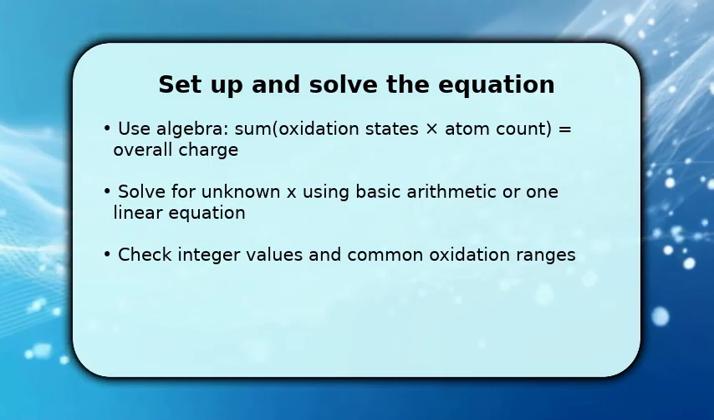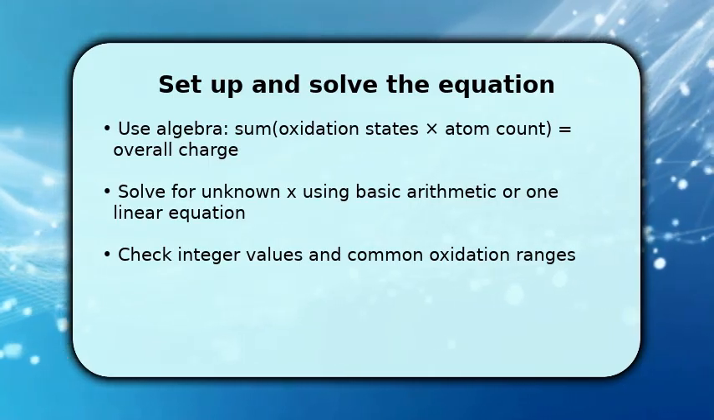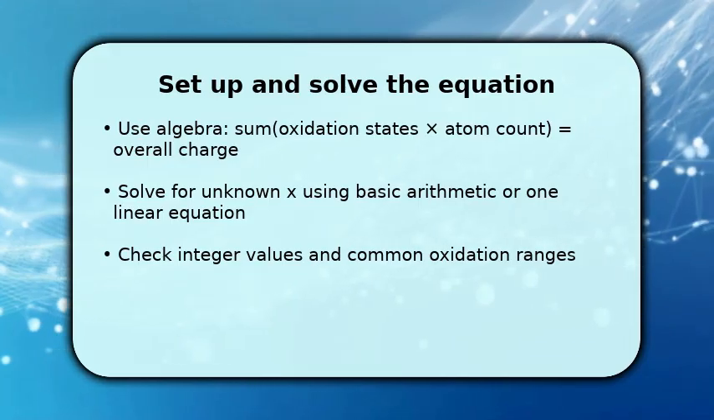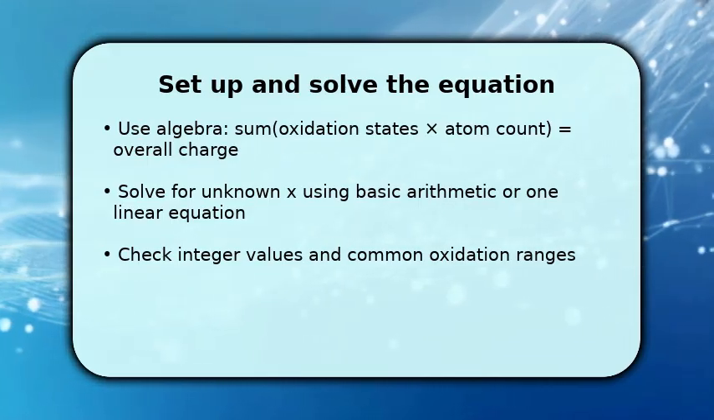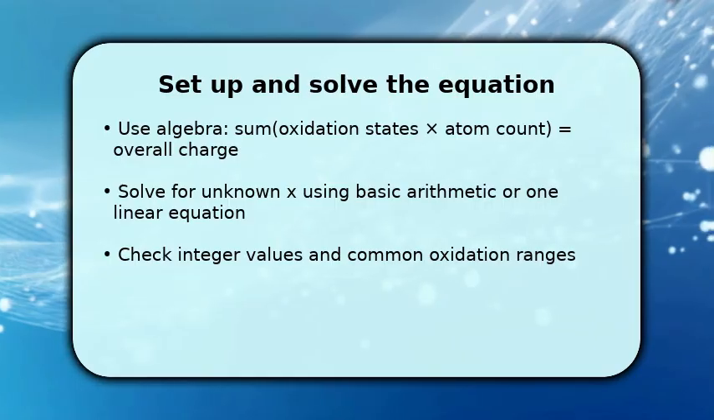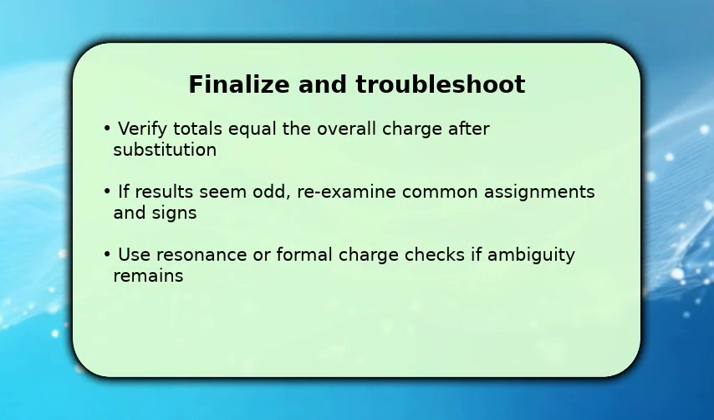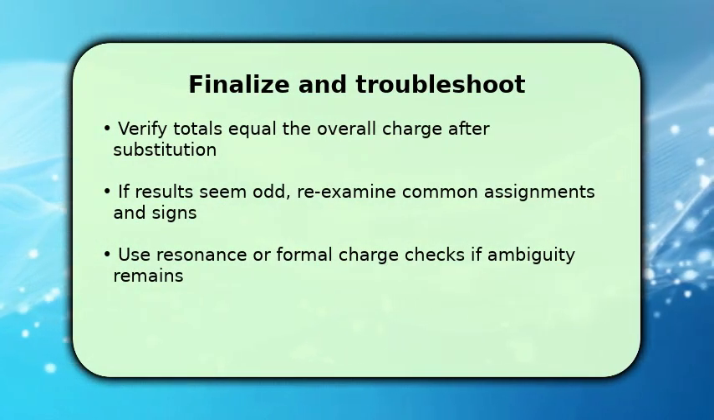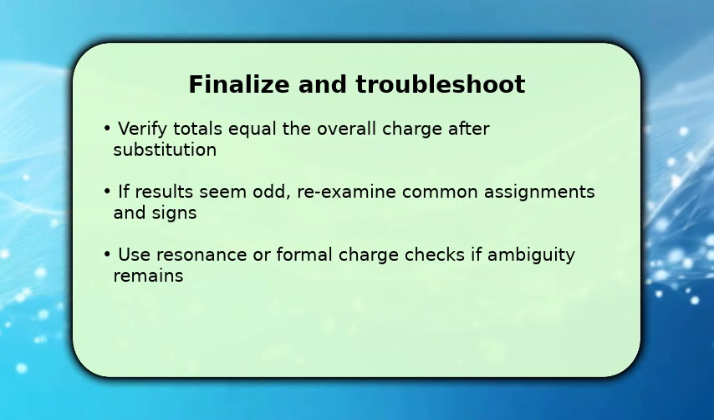Once you calculate X, ensure the value fits expected chemical ranges. If not, recheck assignments and atom counts to catch sign errors. Finish by substituting your found oxidation states back into the sum to confirm the total equals the molecule or ion